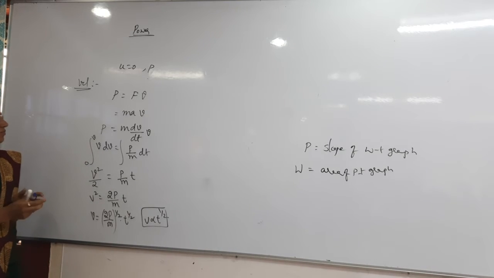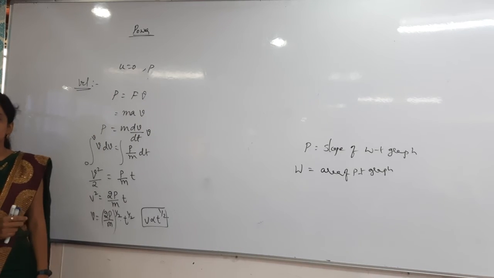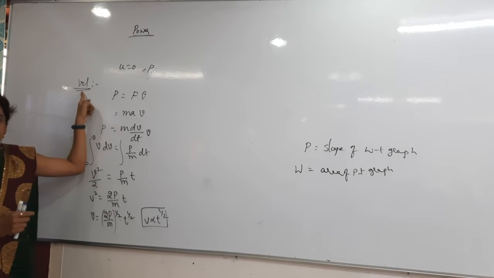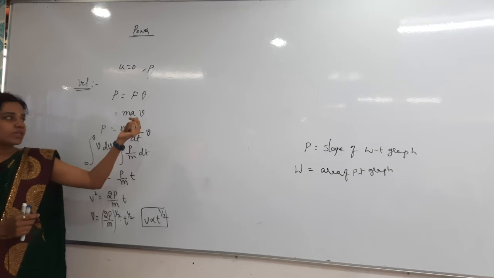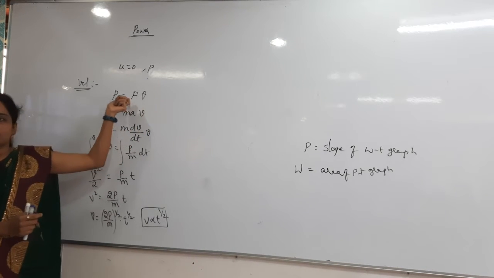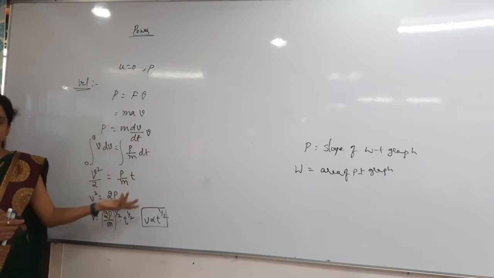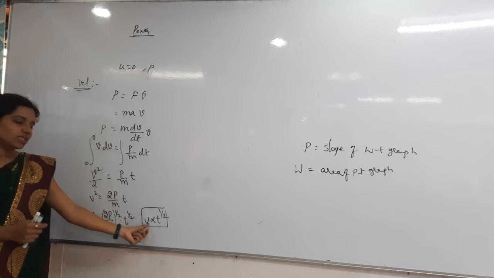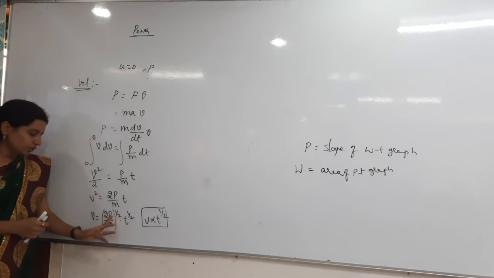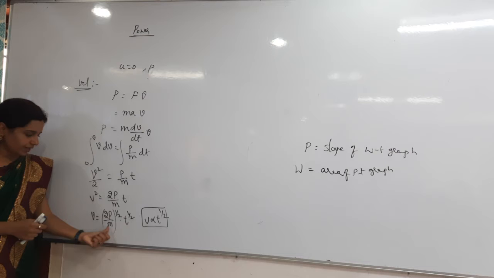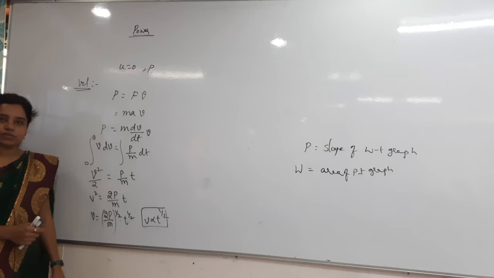I am not doing anything special here, I am just taking the power formula. Power is equal to force into velocity. You can take even work done by time also, but here they are talking about velocity, so whichever formula you have with velocity, take that only. Why take the other formulas and then change again? So P is equal to F into V here. F is nothing but MA. In the place of A I have written dV by dt. I have done the integration, and I got the velocity and time relation as V is directly proportional to t power 1 by 2. In terms of P, it is under root 2P by m into t. That is the velocity we got in terms of time.